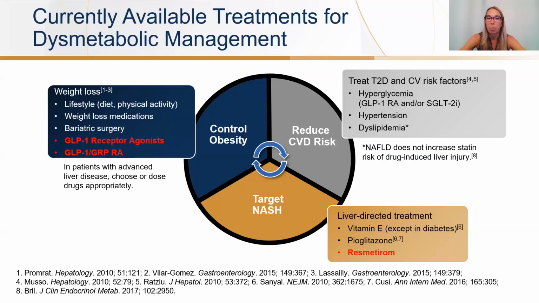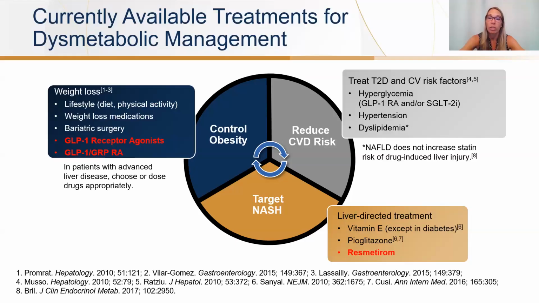So we will frequently see our patients being referred in by their primary care cohort with elevated liver function tests. That's often the most common referral that we see, and we end up finding out that these patients have fatty liver as the most common cause of those elevated liver function tests. But their primary care has stopped their statin. And really, we don't want our primary care cohort stopping these statins. In fact, AASLD has come out with guideline recommendations on not even monitoring liver function tests during statin therapy because the actual risk of drug-induced liver injury, or DILI, is really negligible when it comes to statins. So we would pound the table as hepatologists, right? We want to keep our patients on their statin therapy.